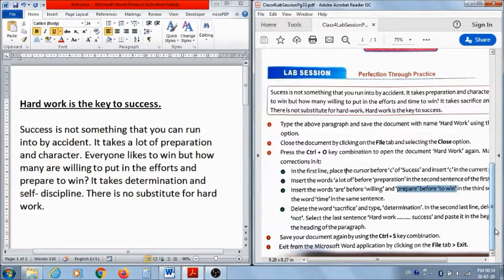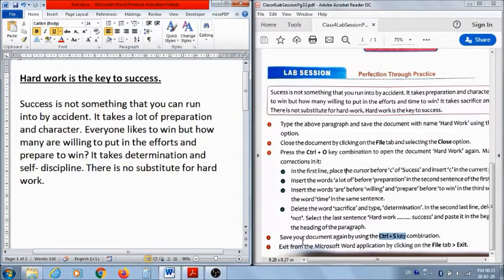So your activity is almost done. The last 2 points tell you save your document again by using the Control plus S key combination. You know the shortcut key for saving is Control plus S. So I am pressing the Control key on your keyboard together with the alphabet key S. So my document is saved. Now suppose I am writing here anything and I don't want it, that means we have again edited. So I am erasing it. So again you have to do Control plus S to save it.